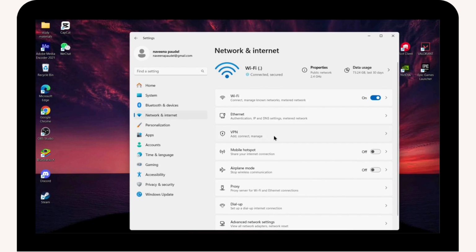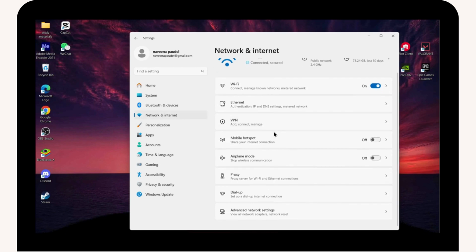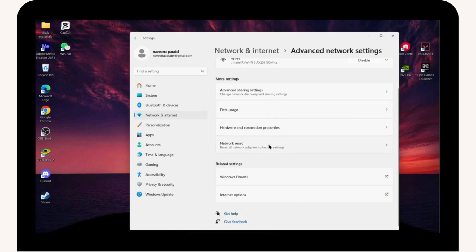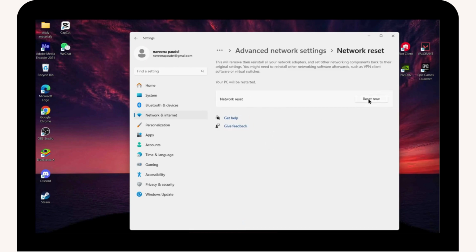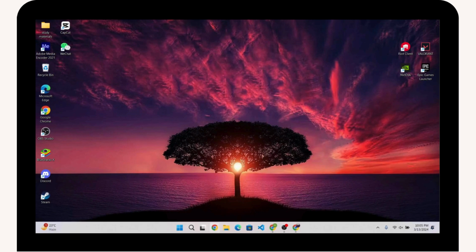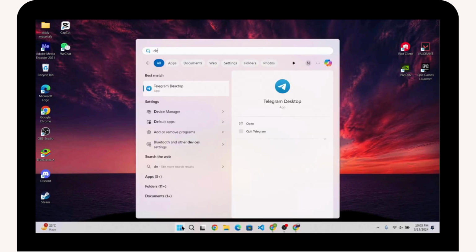Go for network and internet, and then scroll down and go for advanced network settings and go for network reset, and then go for reset now and reset your network. So click on yes, and once done, you need to close that, and then you can simply search for device